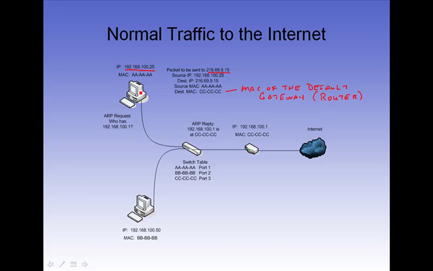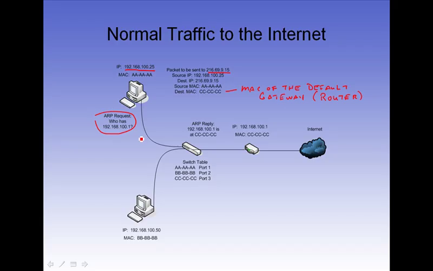So when the packet needs to be sent out, this computer, the .25 computer, is going to realize that the destination is on a different subnet. So the ARP request that's sent out is actually who has 192.168.1.100. This is, in my example here, the